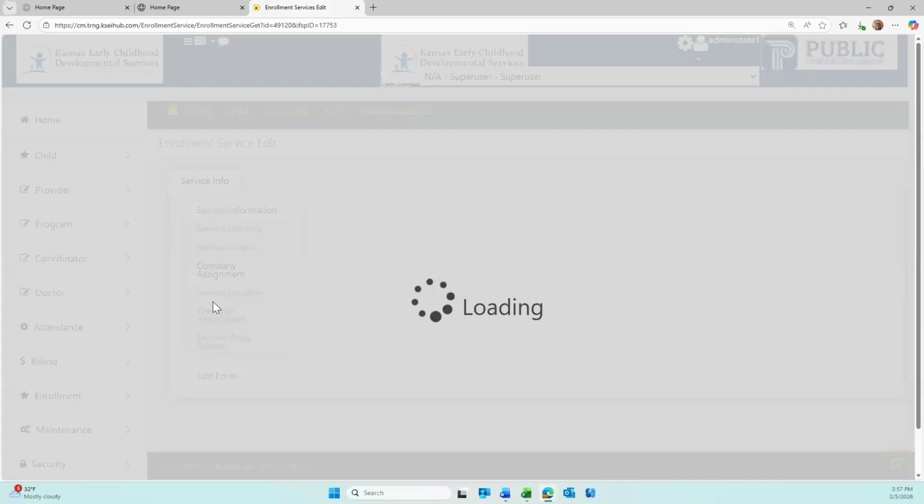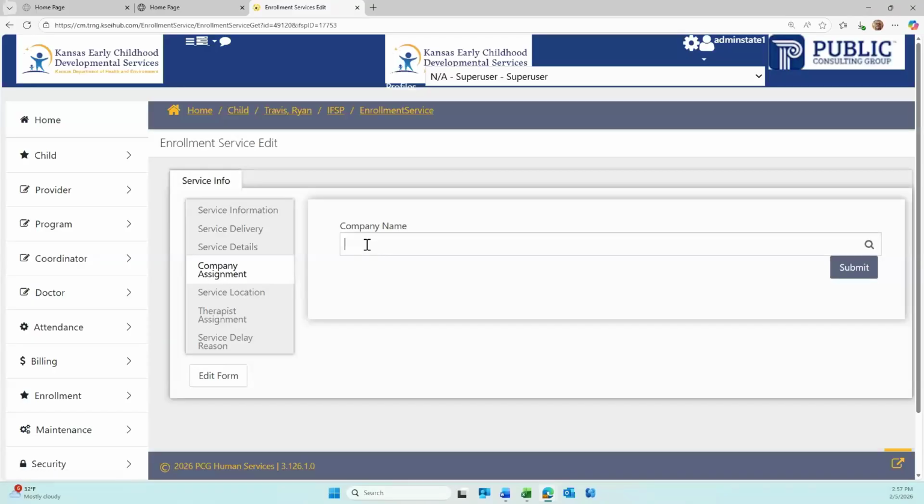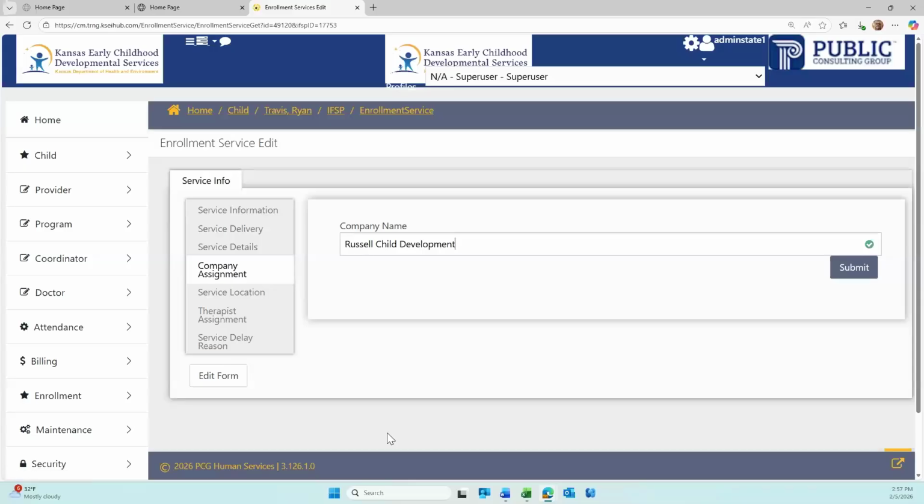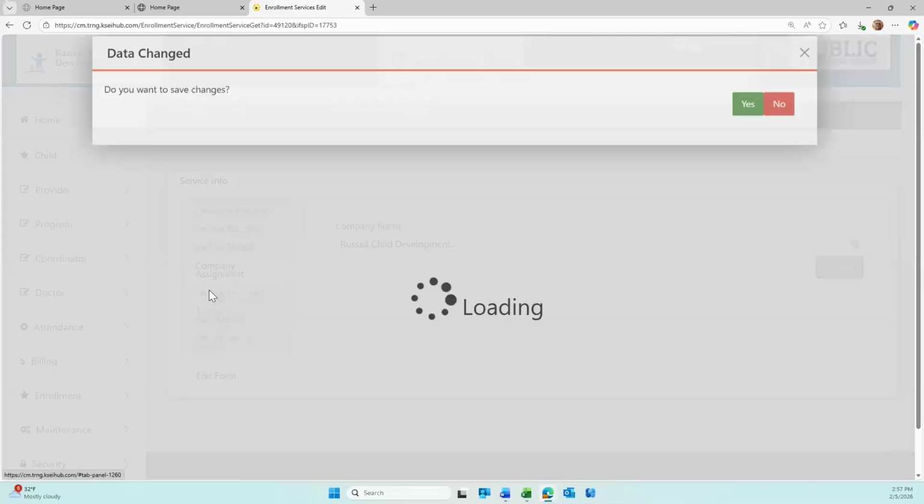Our company assignment, pretty much going to be your point of entry. That is a type ahead. So I can just enter the RU and have Russell Child Development. My service location,